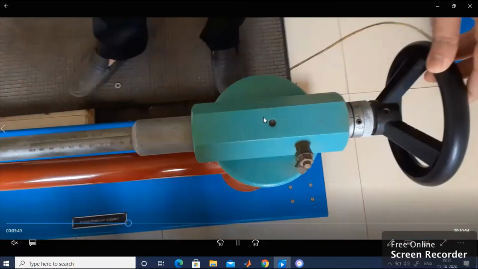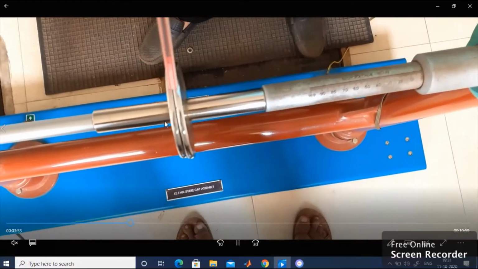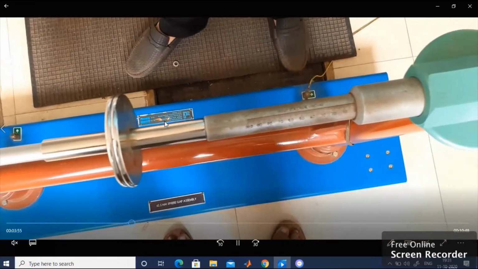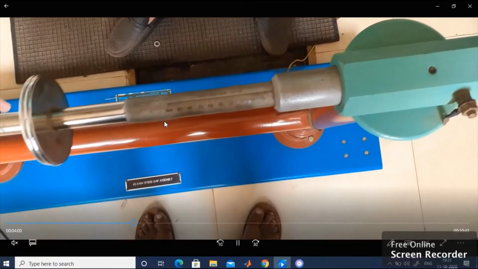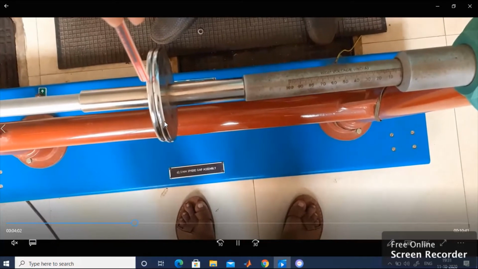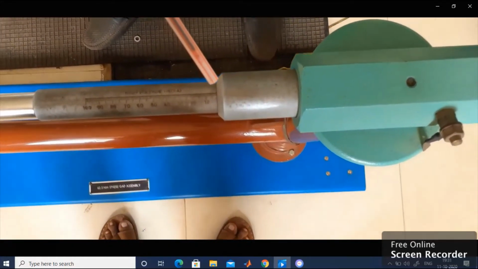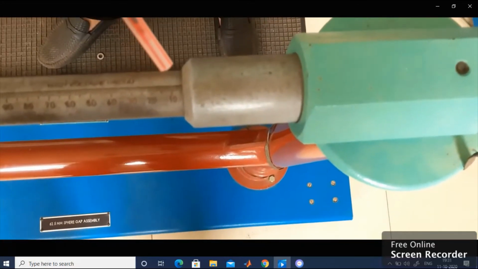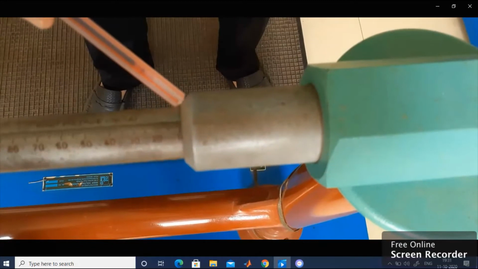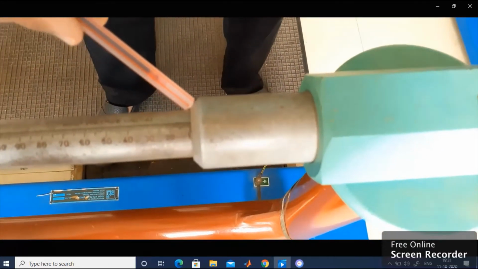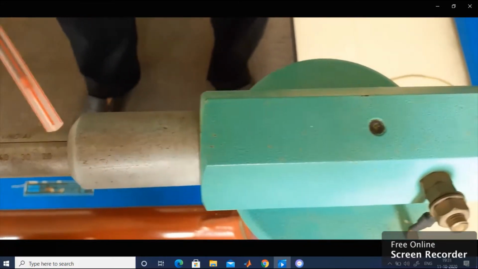Now I will be maintaining different gaps, different distances such as 5 mm, 10 mm, 20 mm. If you want, you can go for 10 mm, 20 mm, 30 mm and 40 mm. No need to go for 5 mm, 10 mm, 15 mm likewise. At least we require 4 readings. That is more than sufficient. So let us go for the first reading equal to 10 mm. The gap between the two combinations is equal to 10 mm.